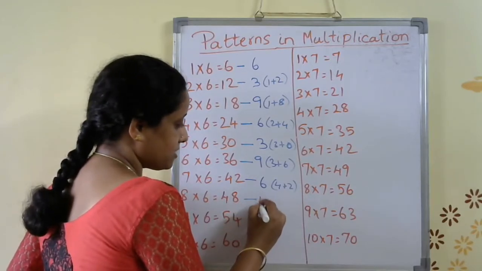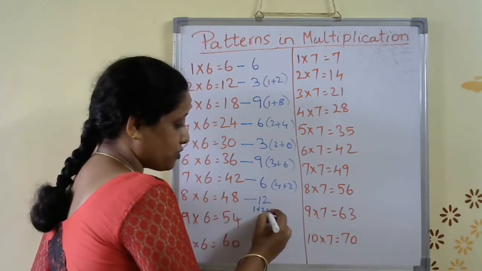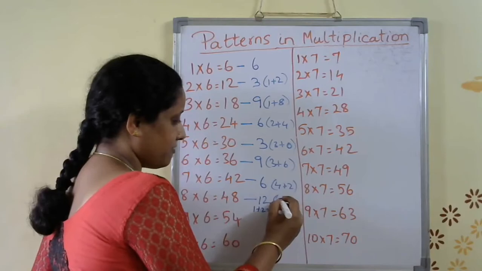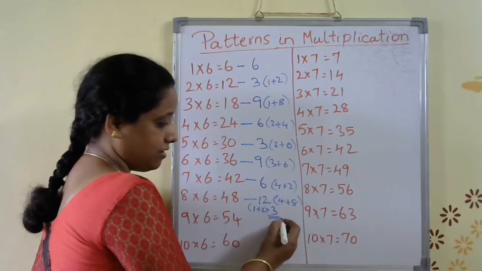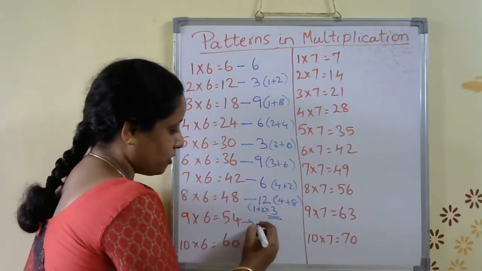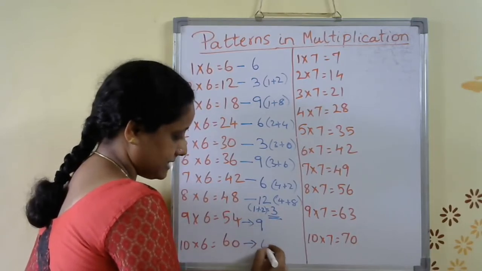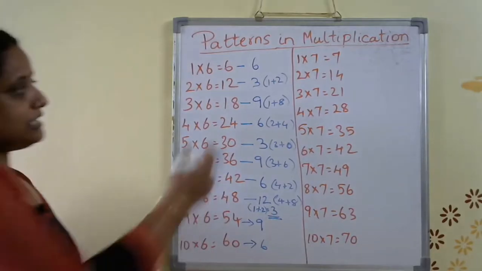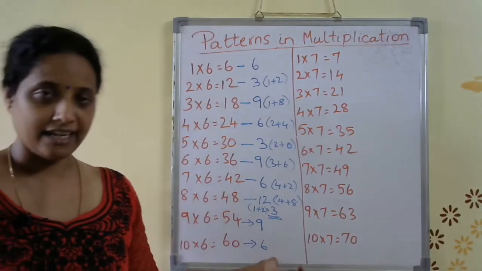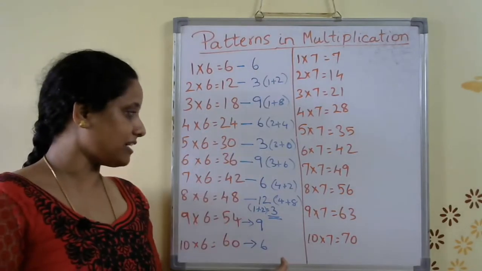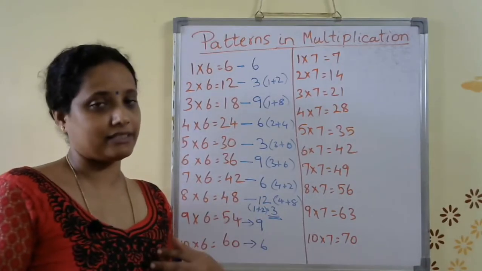Now 4 plus 8 becomes 12, and this 12 again will be added as 1 plus 2, which will become 3. This 12 has come from 4 plus 8, and again I have added this 1 plus 2 to become 3. Okay, then this 5 plus 4 will become 9, and 6 plus 0 will become 6, right? So you can see here 639, 639, then 639, and again it is 6, right? So in 6 table we are following the pattern 6, 3 and 9. As we saw in 3 table also, a similar pattern, isn't it?